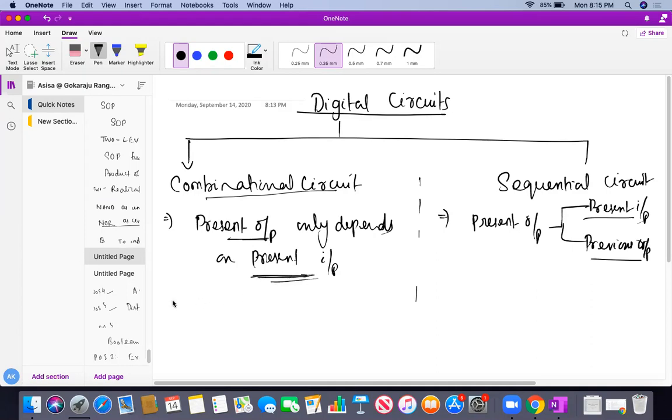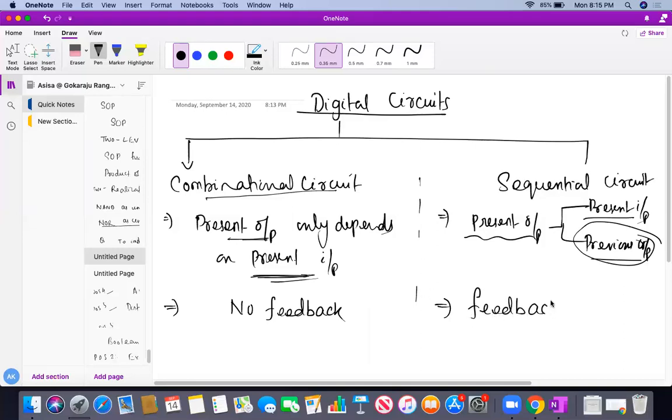Since it depends only on the present input, no feedback path is required. We don't require any previous output. In a sequential circuit, we need the previous output to estimate some present outputs, so we require a feedback path.